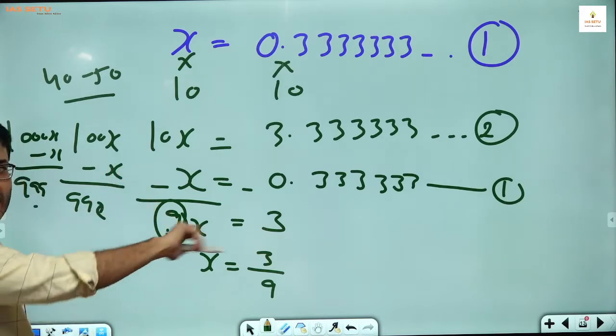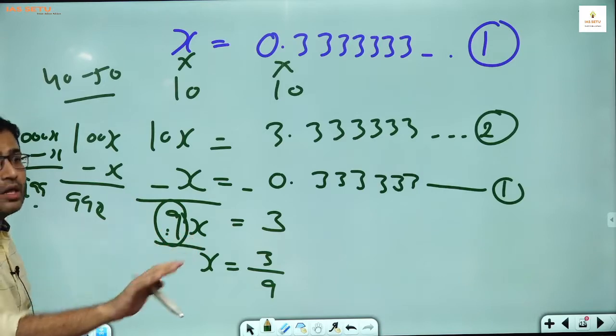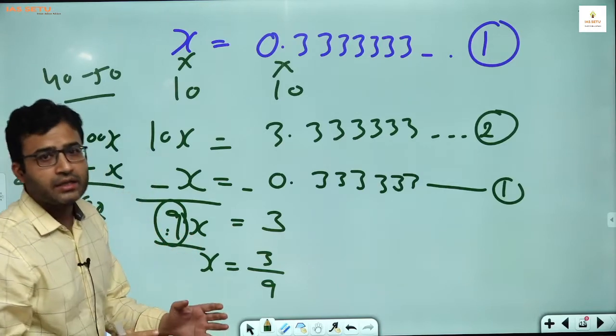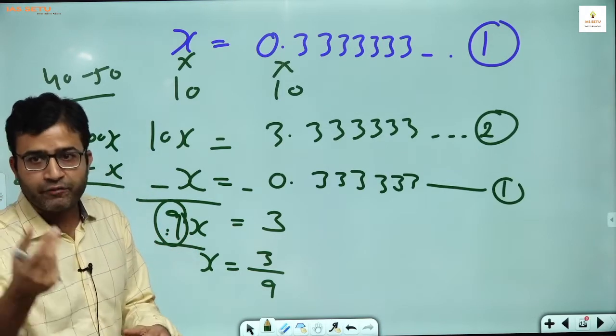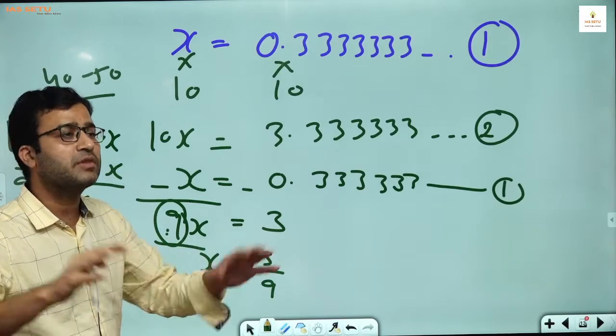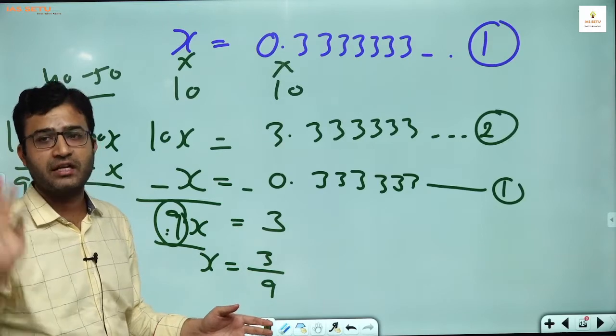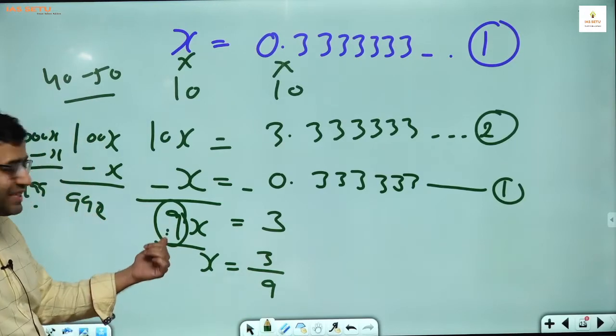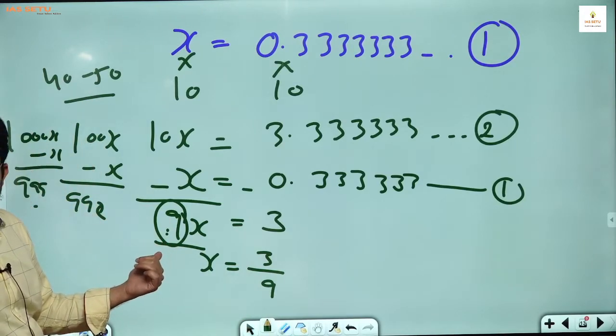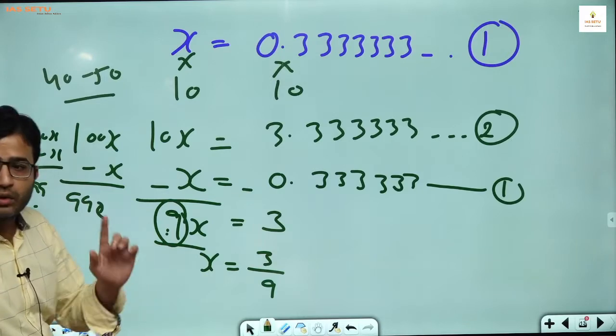And in our shortcut, directly I will write 9. Shortcuts are derived from the long cut, but we skip the steps. Here we have 5-6 steps, whereas in the shortcut, in a single step, we get the answer. But is this clear? 9 कहां से आ रहा है? ठीक है, कोई पूछेगा तो नहीं.